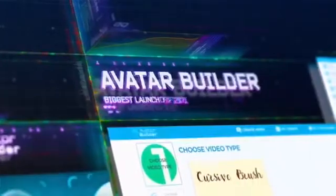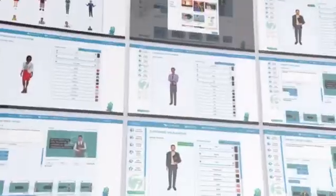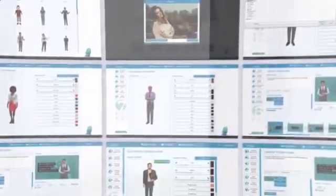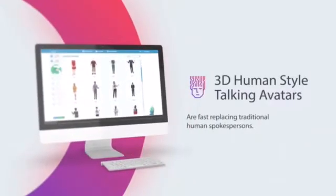Hi there, this is Paul Pona, and I'm super excited to introduce you to our best ever product to date, Avatar Builder, a project that we have been trying to crack since 2016. And after 2 full years of development and over $250,000 spent on this technology, this right here is our best